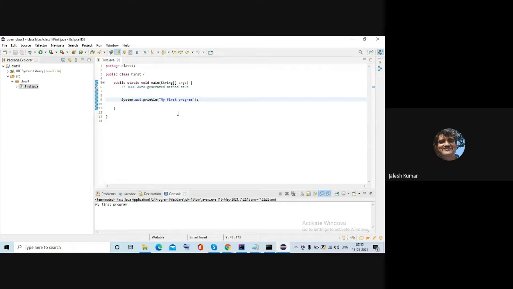See, if I make a mistake, like instead of small p, if I make capital P, immediately you will get an error, syntax error on token. So public, which you actually typed, it is telling public expected. That is the advantage of the editor. Simple syntax errors you can avoid.